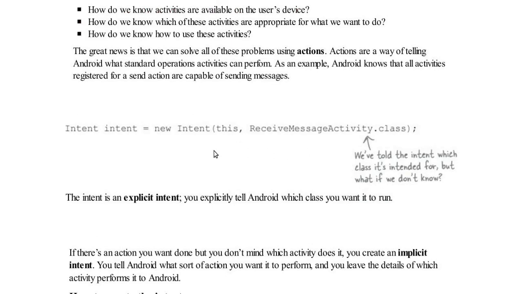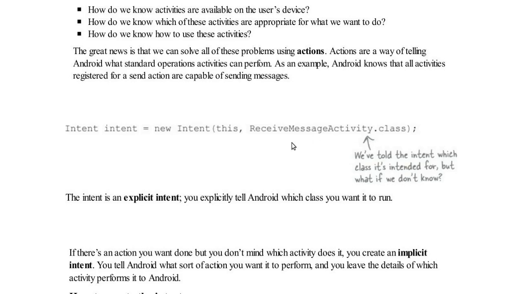Previously we created the intent by using the explicit activity name. So we know that we have an activity inside our application that will receive the message, but sometimes we don't want to define the name of the activity explicitly. We just want Android to choose an activity on behalf of us, so that we could send that message to that activity. In that case the activity could be WhatsApp or Facebook or any app which could receive the text message.